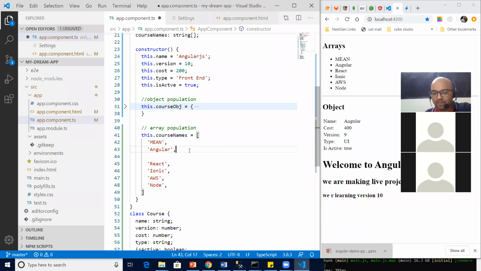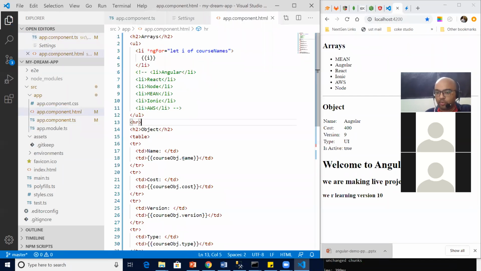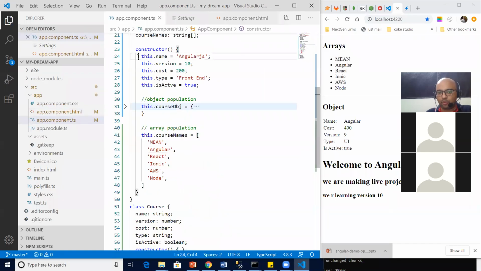So whatever data is coming from the backend, the code behind, that is what is going to print on the screen. This is all property binding. Binding variables, binding properties, binding objects, binding arrays. This all comes under property binding. Is that clear to all of you or not? Yes or no? Quickly.